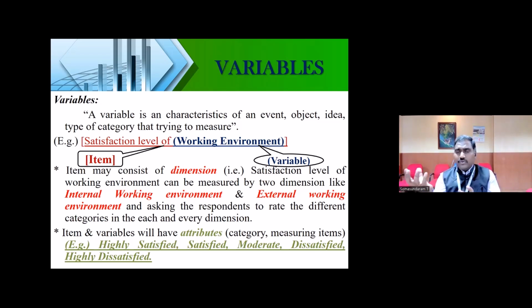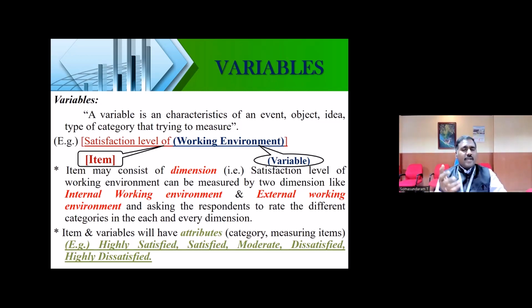Okay, so if you want to measure that particular variable, and give interpretations on whether it has influence or not, whether the perception has changed or not, whether the perception towards many factors has changed or not, to prove that you need a variable. We will have different variables which we get from the literature review. We cannot frame our variables by ourselves, they are already proved in certain literature. From the literature review, we will find out which variables are required for your research topic, and based on that you will frame your research framework and a research model, and you can find out which variable is influenced by which variable. Under that you may list various items to measure it.